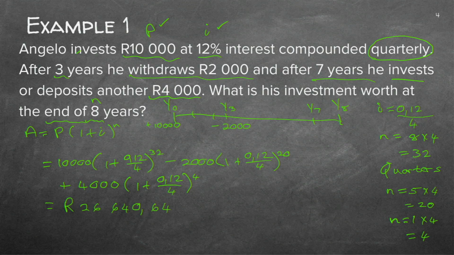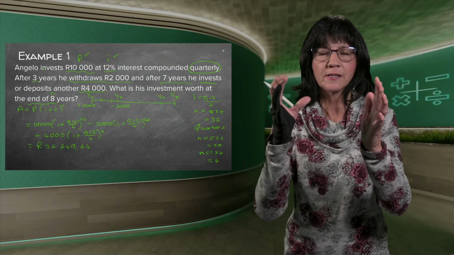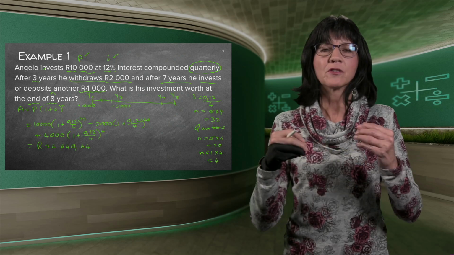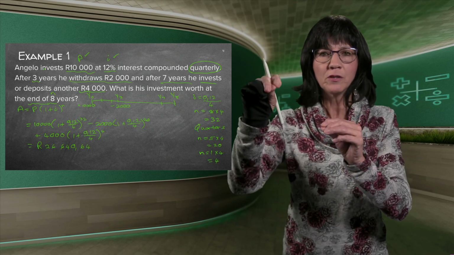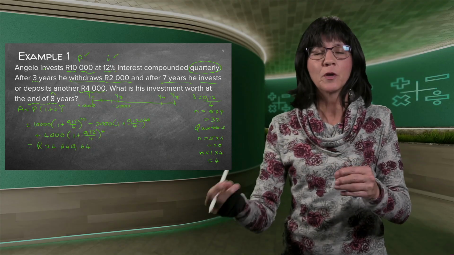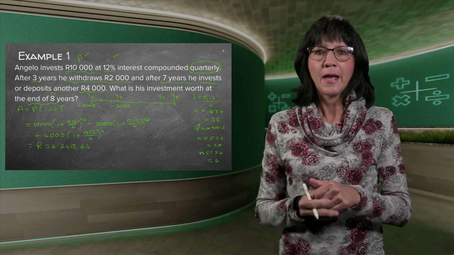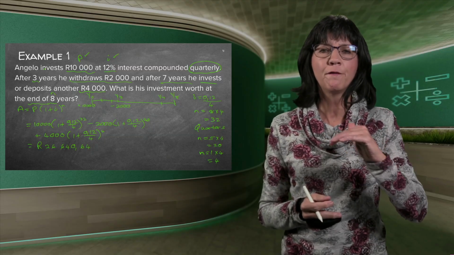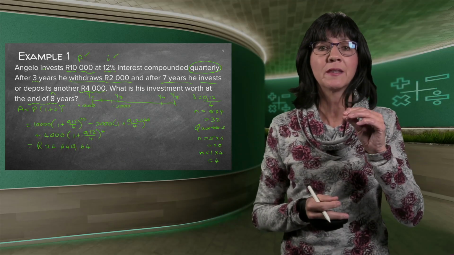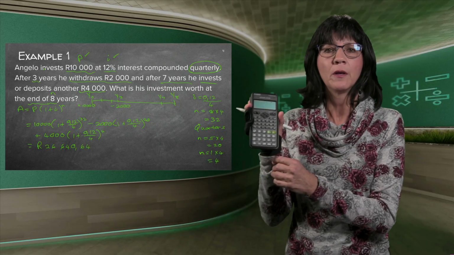Now let me just quickly explain again. If you did each one of these separately, if you did the 10,000 rand separately, and then you did the 2,000 rand separately, and then you did the 4,000 rand separately, and you took the amount of the first one minus the amount of the second one plus the amount of the third one, you get the same answer. But you're going to tend to round off each time. And by the time you get to the final answer, you'll be very far off with your cents or even rands, because you rounded off too many times. So if you want to use that method, you must slot every answer into your memory.